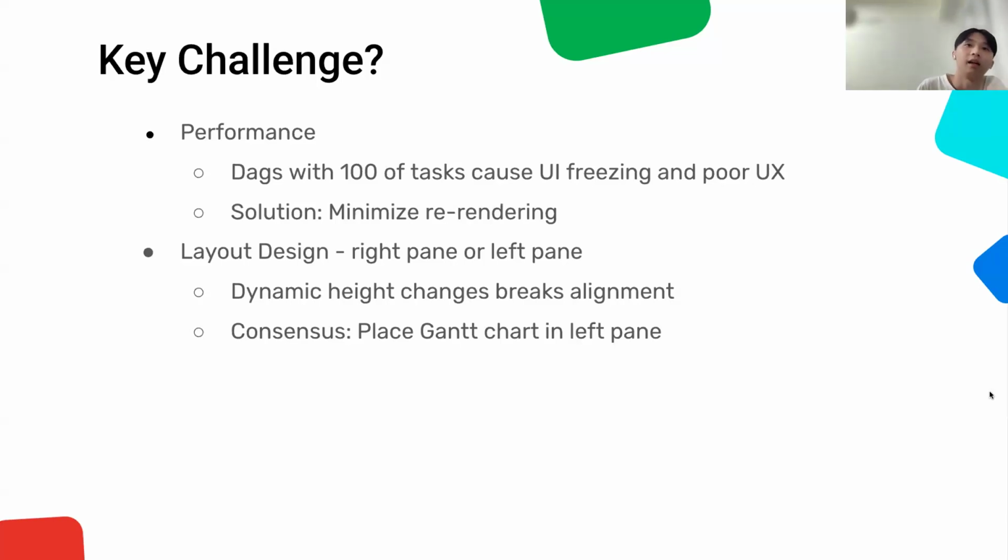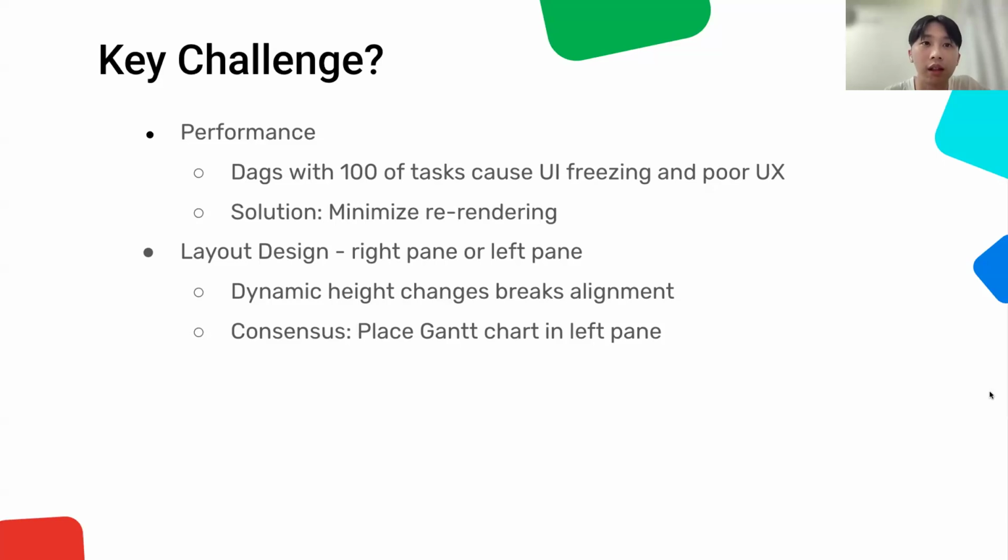Okay. So of course, we ran into some challenges during implementation. The first one is the performance issue. The UI would freeze with DAGs that have hundreds of tasks, because Chart.js renders everything inside an HTML5 canvas, and when it re-rendered multiple times, the browser couldn't handle it. To fix it, we needed to minimize the unnecessary renders using the React hook useMemo. We only re-rendered what was essential, which did improve the efficiency much.